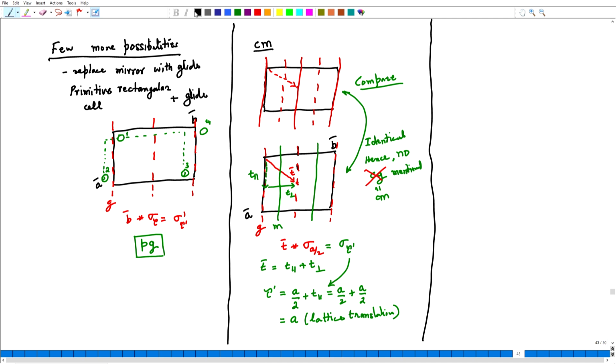Now, we do one more thing. How about replacing one of the mirrors in P2mm? So, we start with the plane group P2mm and we replace one of the mirrors with a glide plane. So, first let me just sketch out the plane group P2mm. Now, P2mm, if you recall, or you can simply go back to the previous lectures,